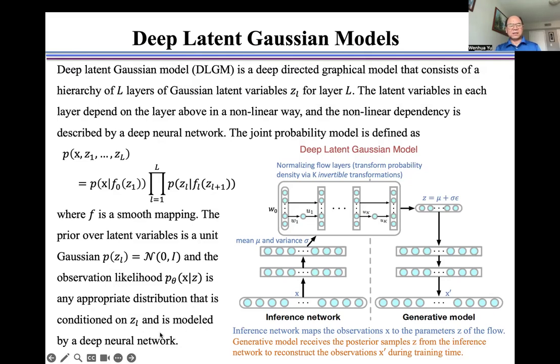and the observation likelihood p theta is any appropriate distribution that is conditioned on z_L and is modeled by a deep neural network. This is a deep latent Gaussian model. This is the normalizing flow layers. This is the inference network, and this is the generative model. The inference network maps the observations x to the parameters of the flow as shown here. The generative model receives the posterior samples z from the inference network as shown here